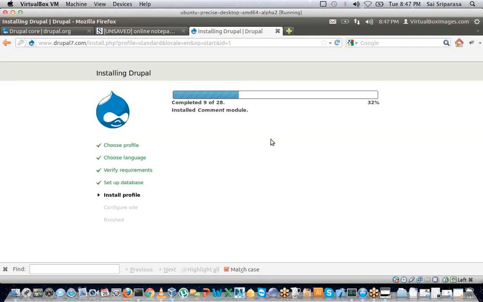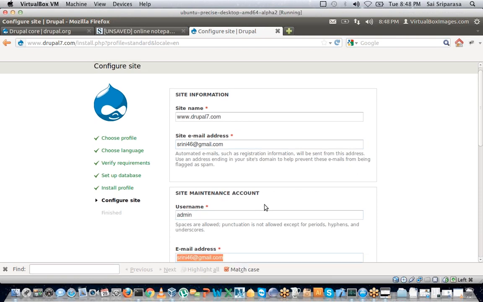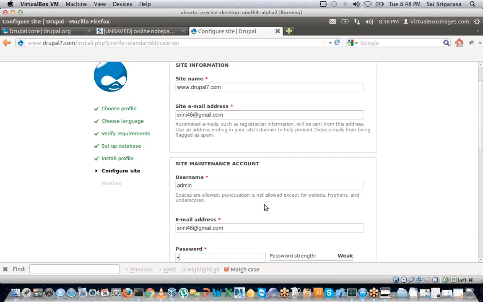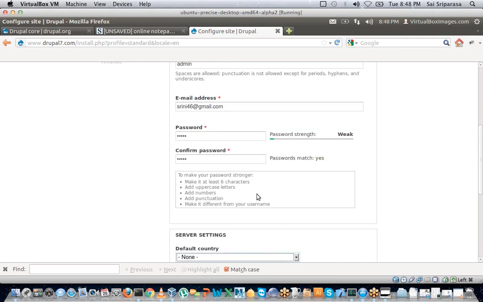Then it does the magic on the back end. It installs everything, it does whatever it has to, and it gives you the next item, which is the site address. Since this is a test instance, give all the information that you like.